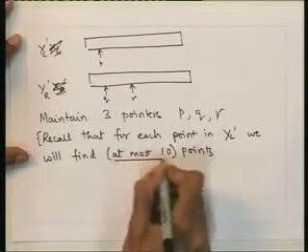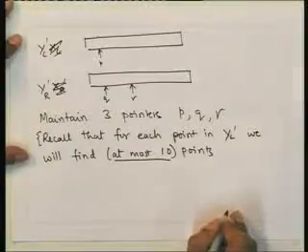This at most 10 follows from a discussion that we did earlier, that in a square with 5 points, there will be 2 who are as close as half the diagonal. So we'll find at most 10 points whose y coordinates